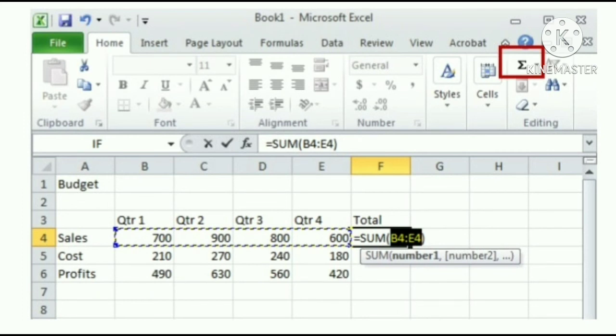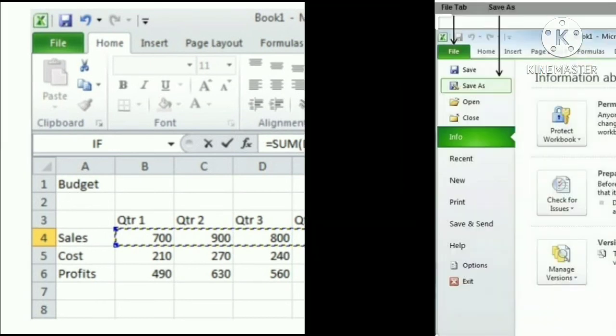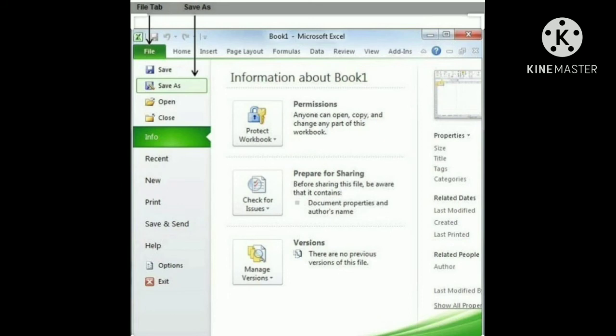AutoSum will always look for values in the cell above it first, then to the left. This means that you need to be aware of what cells will be in the formula. AutoSum will select the range of cells to use in the formula by highlighting the range. Third, press enter.